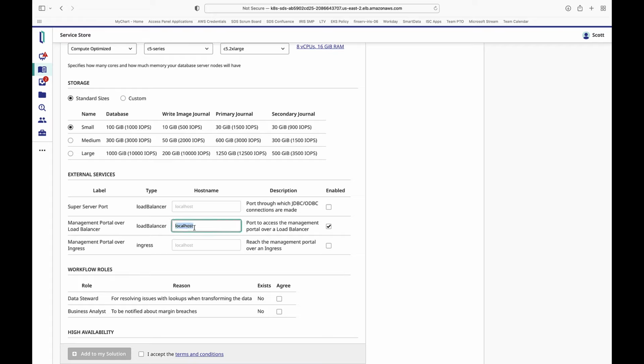You have the option to provide a fully qualified domain name here. Let's say you bought a domain and this is not your management portal, but an application that you are deploying for everybody to use and access. You could type the name that you bought here. I don't want localhost. I want to use a name provided by AWS.